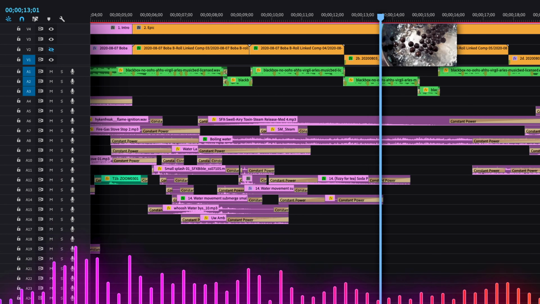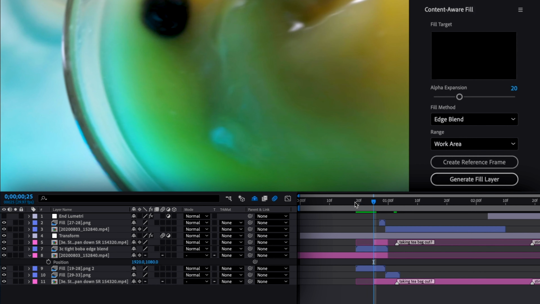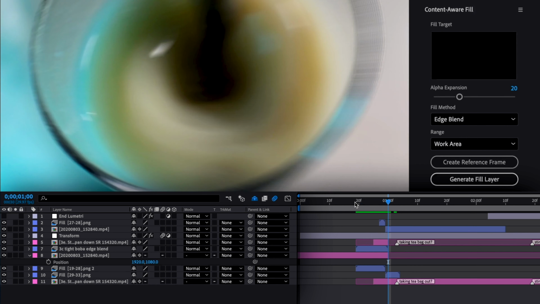Then I turned on motion blur for the transformation. I used a cross dissolve to blend the clips together in the middle. Because it's so fast and there's motion blur, you can't really tell that I've used a bunch of little content aware fills and added them. That's where you want to be careful because content aware fill can look extremely obvious if it's not used right. In this case, since there's a lot of blur and motion, that hides the fact that I've used content aware fill. But if I just put the fill there, then you would know immediately, oh, that's fake.